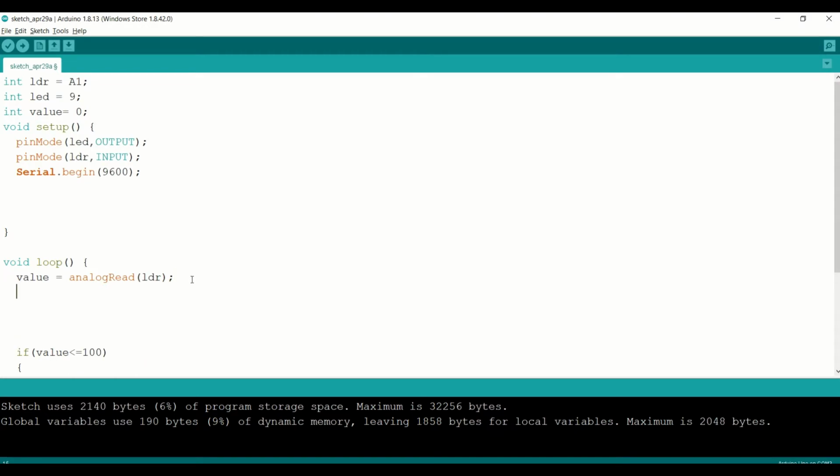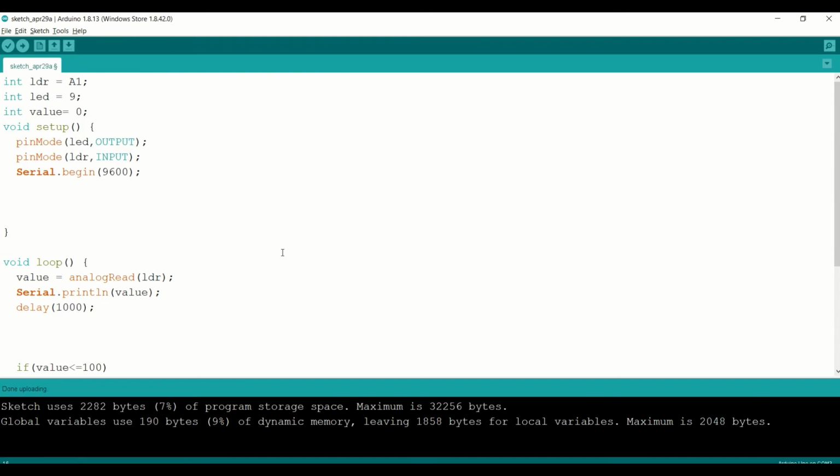And then in the void loop we'll write serial dot println the value. So now I have set this command so that it will print the value. Now I'll set a delay of 1 second. This means that after each second a value will be printed. So now let's upload the sketch and check the results.